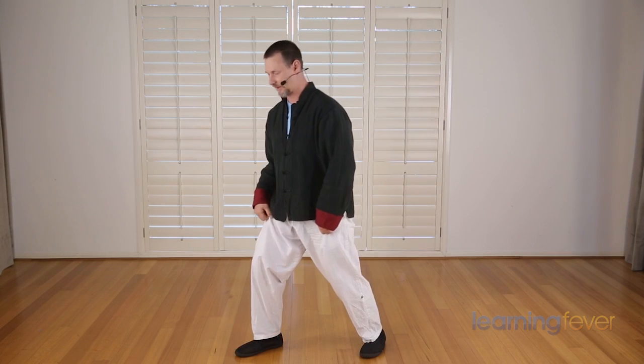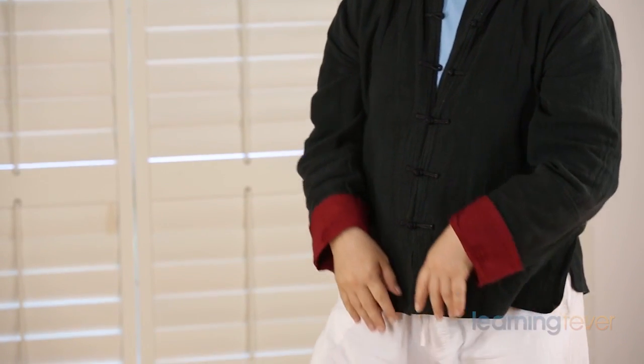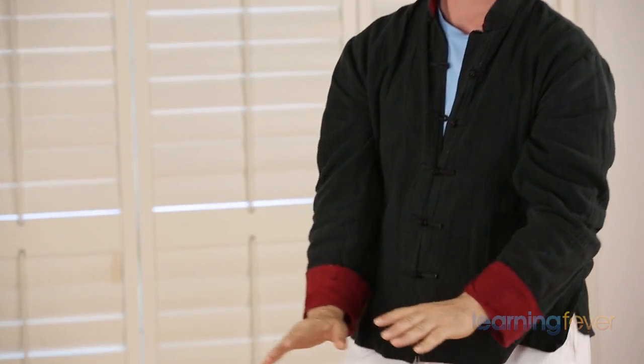The vertical movement, as we bring the hands up, you want to feel the movement of energy from the back foot all the way up to the fingertips. So as you transfer the weight, there's a kind of lightness that goes along with the energy. As you're moving forwards, the energy rises up to the fingertips. As you sit back, all the energy drops into the back foot, rising up